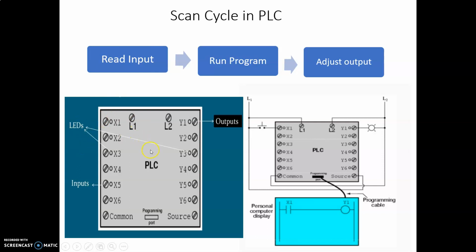Then what happens after the execution of the program? It will give a certain output, and that output is connected from this point to an external analog form where we get an output. So here we have analog to digital conversion at the input part. Then we get execution of the program, and then again a digital form of output, which is again converted, and we get an output here. So this process is called a scan cycle in the PLC.